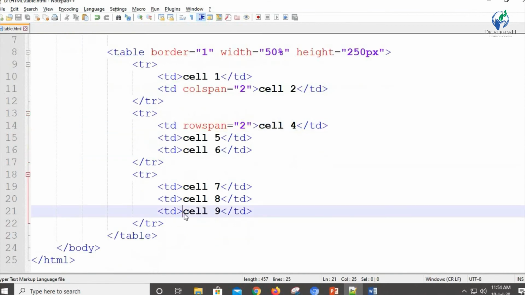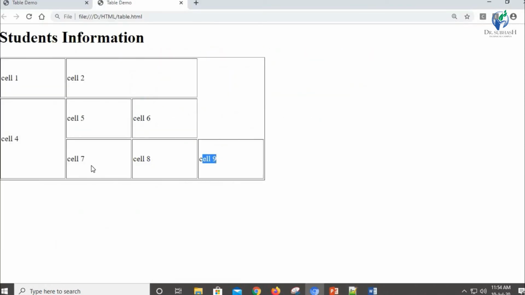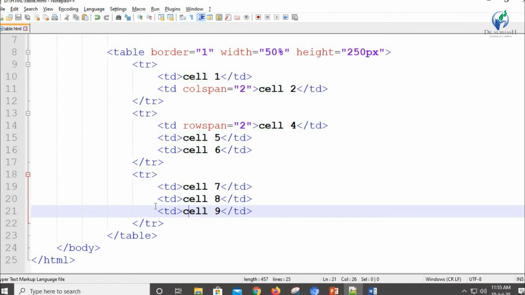Because this cell 7 is already merged with cell 4, I need to remove the merged cell from that particular next row. So I need to remove this cell.